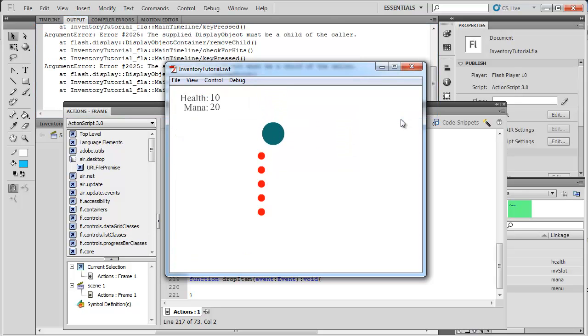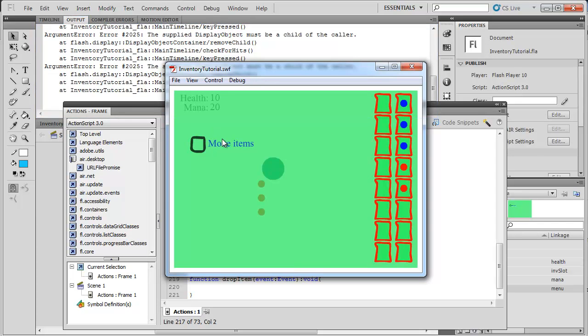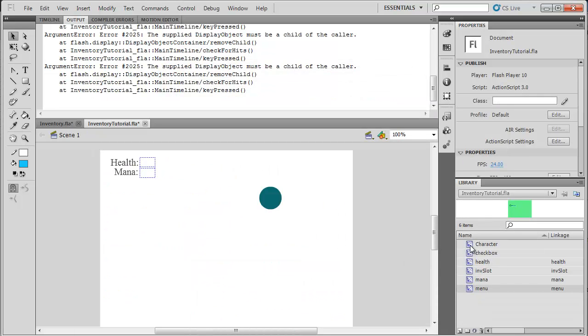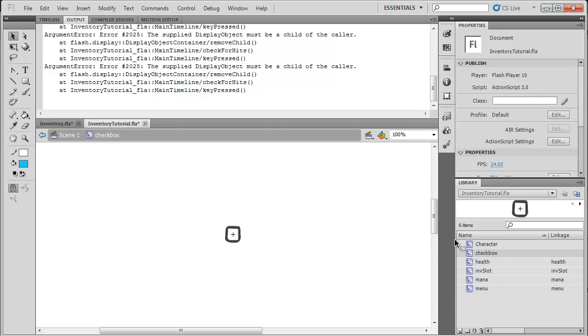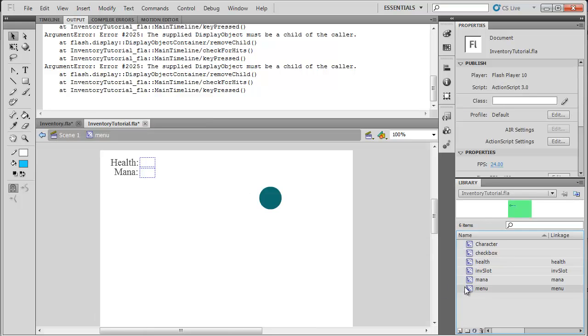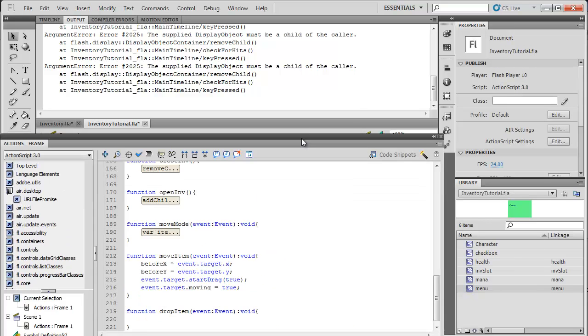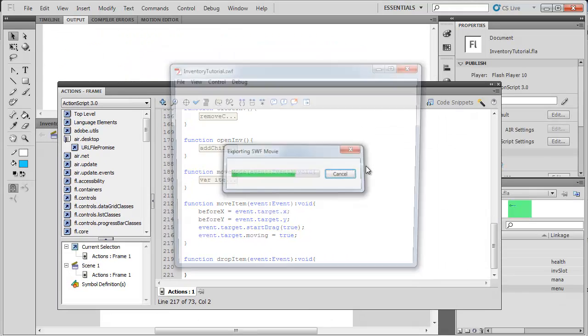Maybe just for me, but so I selected all of them. I'm going to click move and try it. Nope, but oh, I know why. Sorry, I'm kind of rushing now. Not really rushing, but go into your menu and then click on your checkbox. And give that an instance name of moveMode. Capitalize the M in mode. That is a must. So now if we test it,